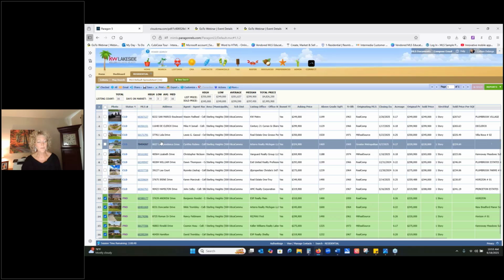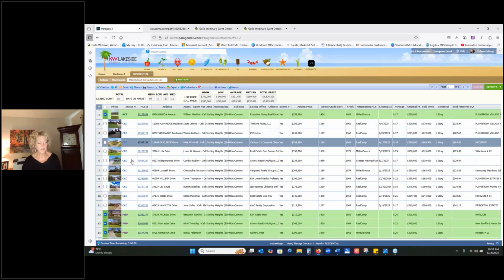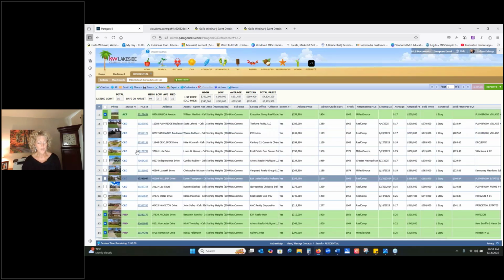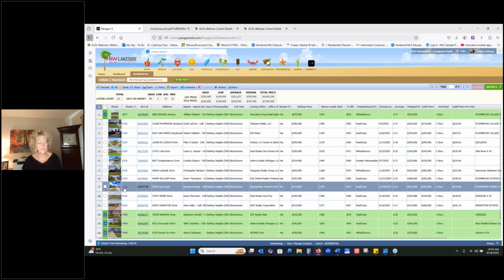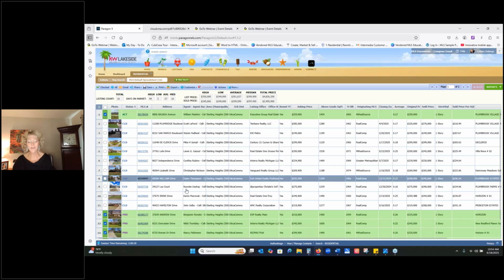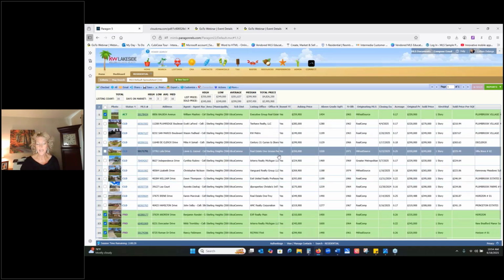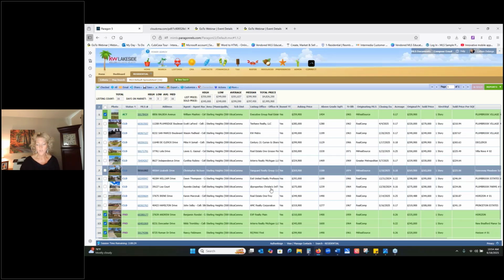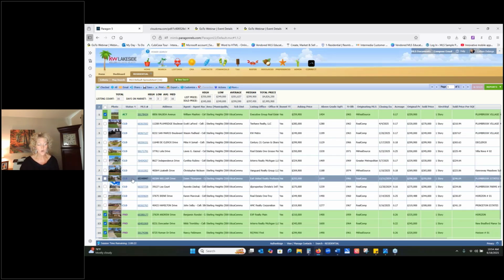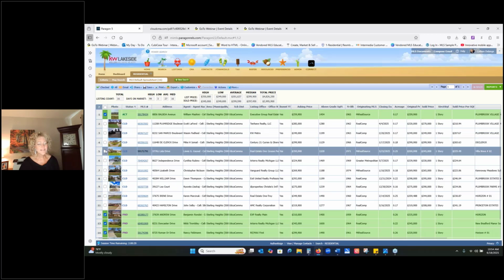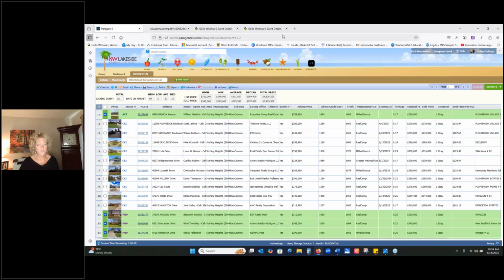Now I would have put probably a little bit more criteria because I have a few too many closed, but I would now go through these and see, are they apples to apples? Another thing I probably would have added in, as you can kind of see, we're all over the board here. I probably would have done a year built, which would get rid of some of the newer construction ones. But in this case, just to keep us on course for our class, I'm going to go right up here